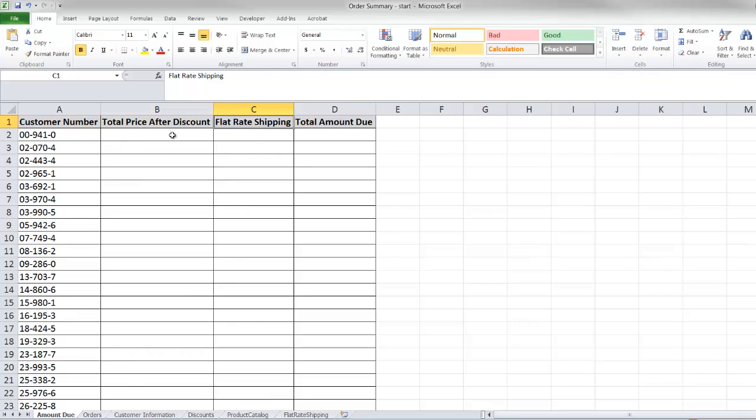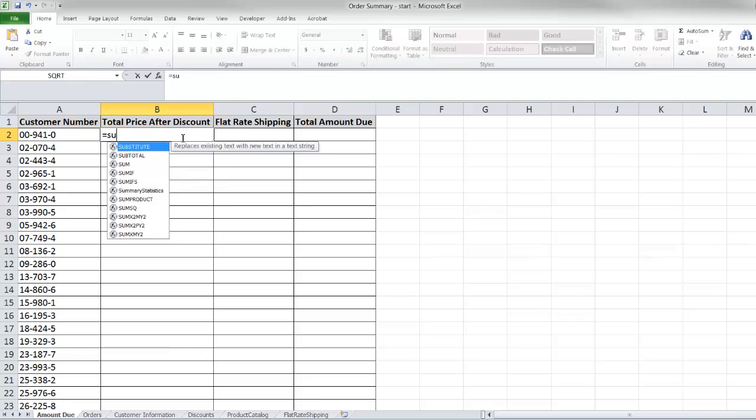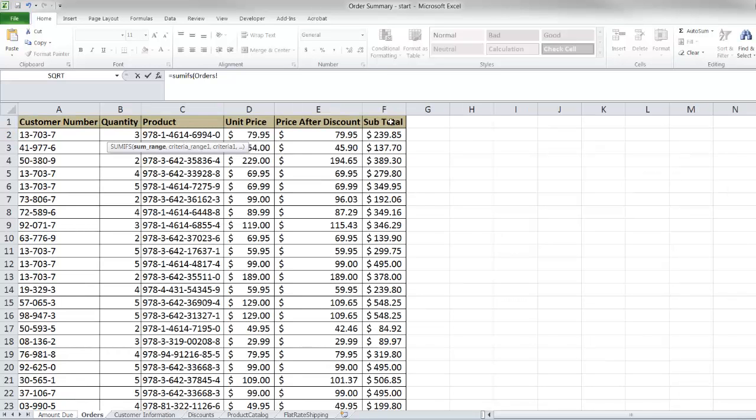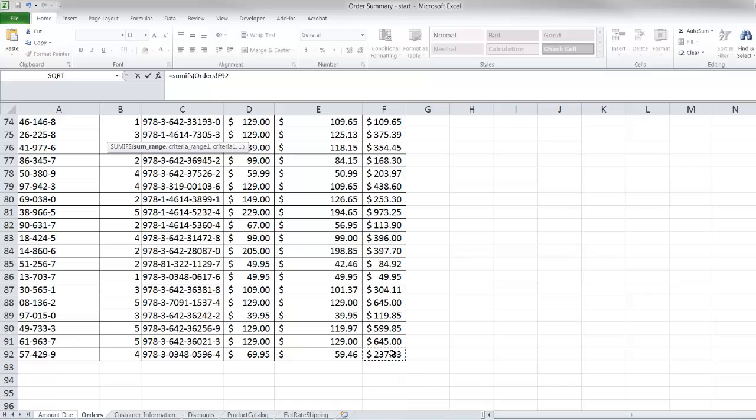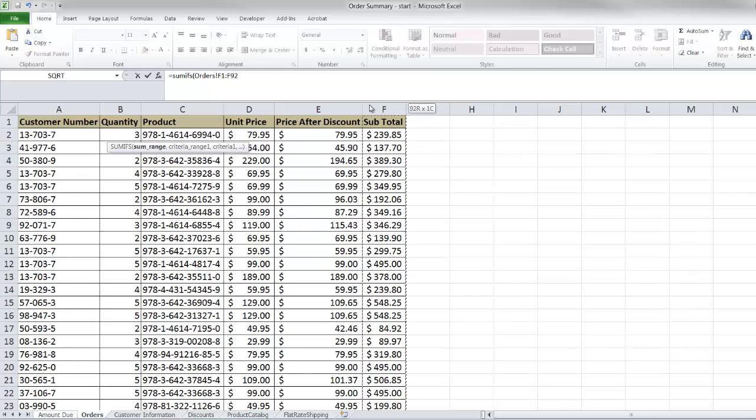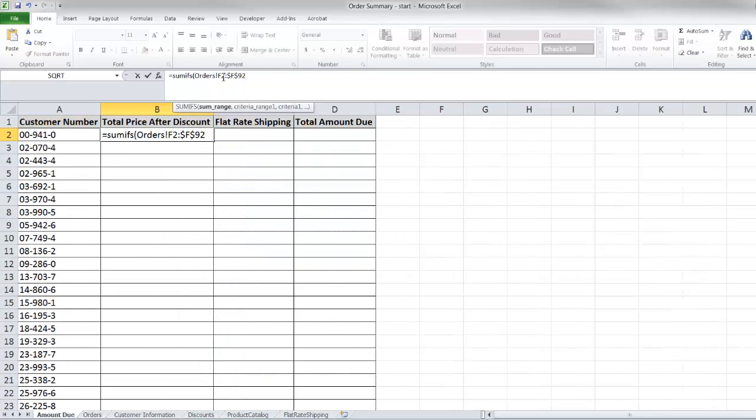We have total price after discount, and then flat rate shipping, and then once we actually have the shipping, we can simply tack on the shipping to that price. So here I would recommend doing a SUMIFS, and let's go to the order tab. The sum range will be subtotal here. Okay, it doesn't look like I did that right, so I'm going to highlight that again and use my dollar signs,